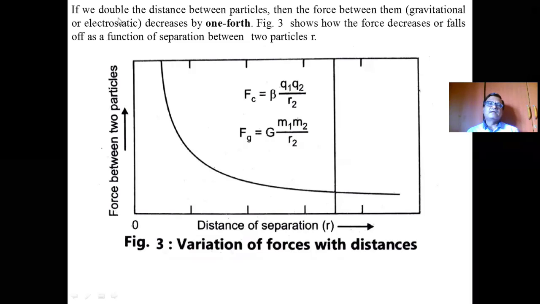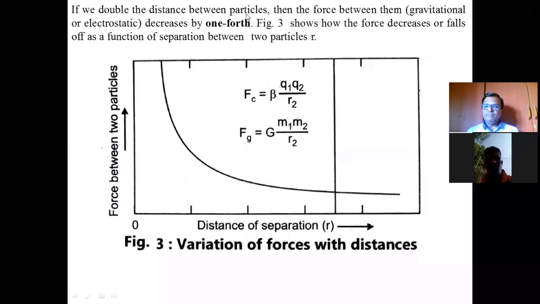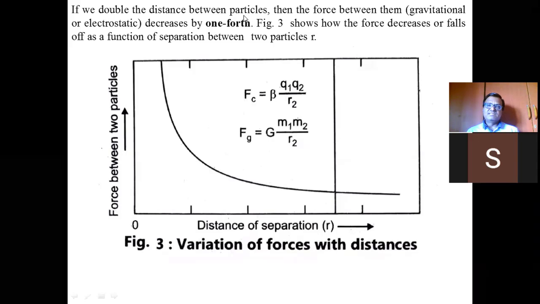And it is clear that if we double the distance between the particles, suppose the previous distance is 2 centimeter, for example, and if we double this distance, that is 4 centimeter, then the decrease in force between these two particles is by